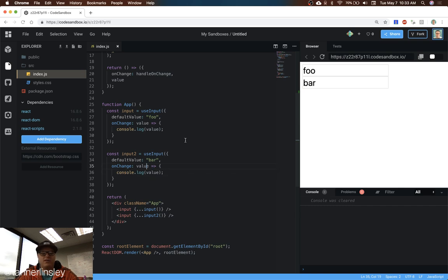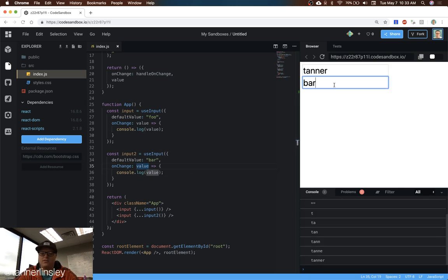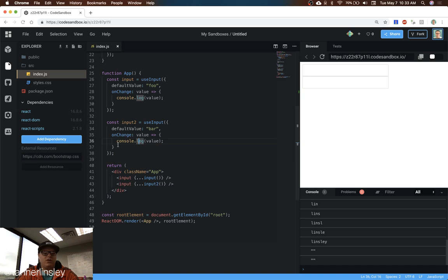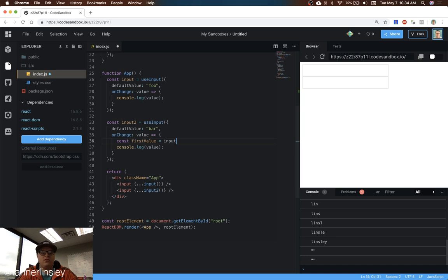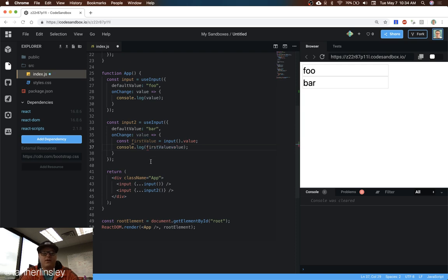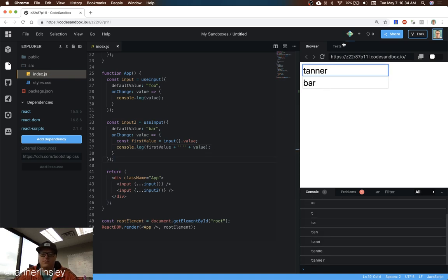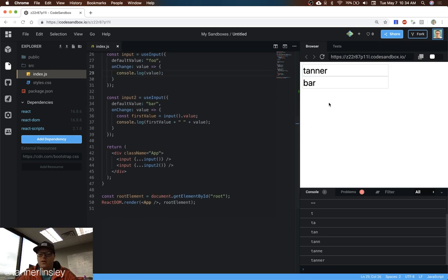On the second input right here, we can still log it just fine. On the second one, though, this onChange, what we want to do is log the value of the first input. So let's do this right in here. We'll say const firstValue equals input.value. And we're going to log the first value plus the second one. So the first one's logging just fine right here. But if we come to the second one,